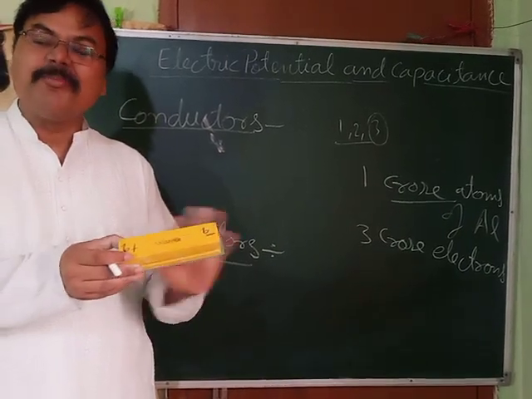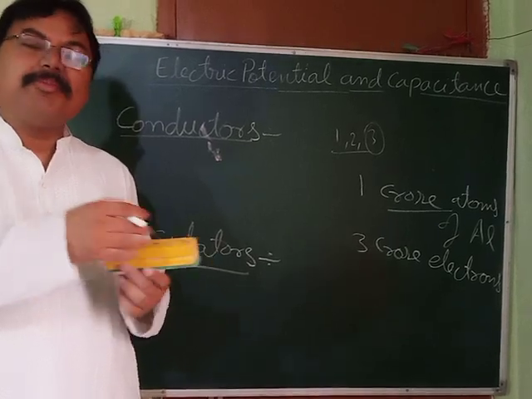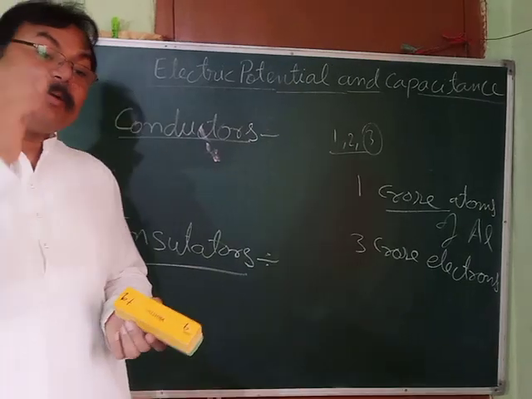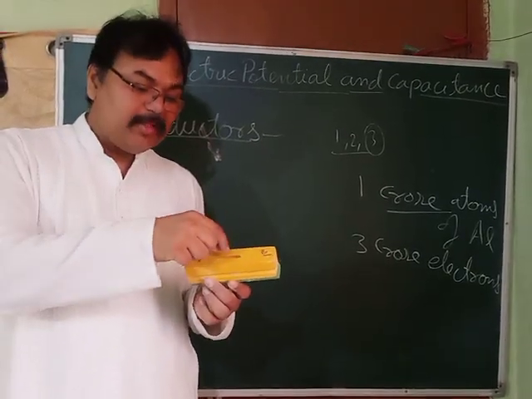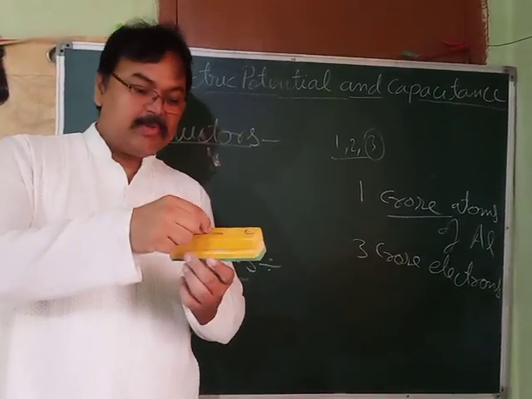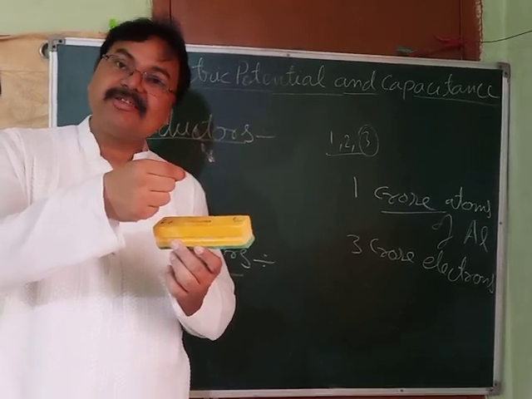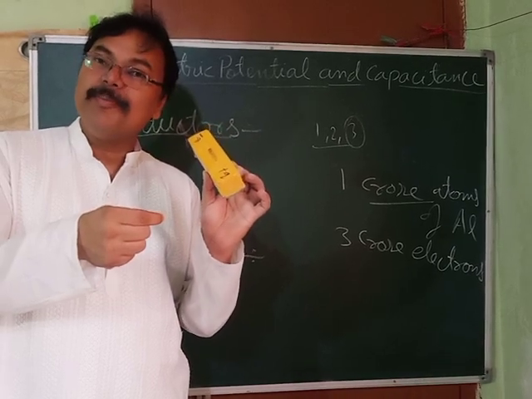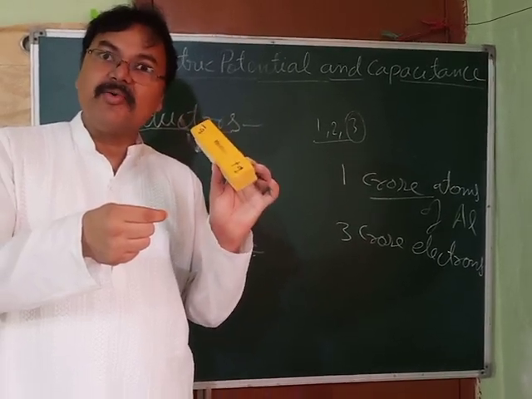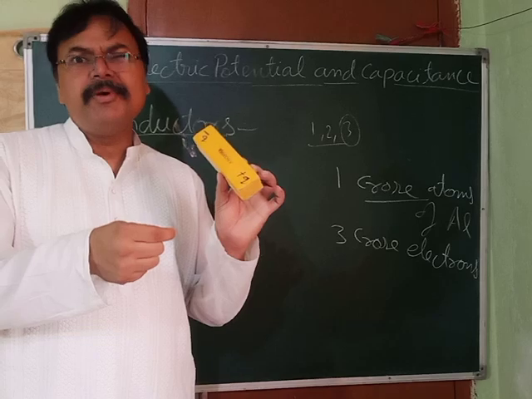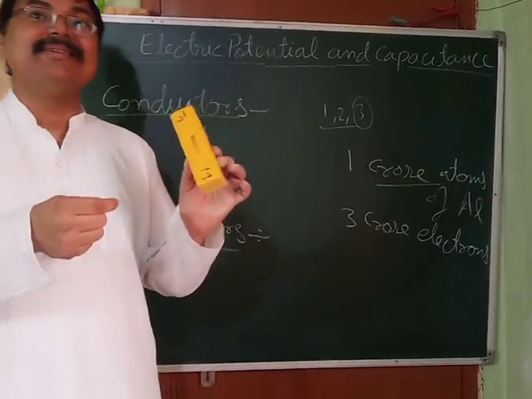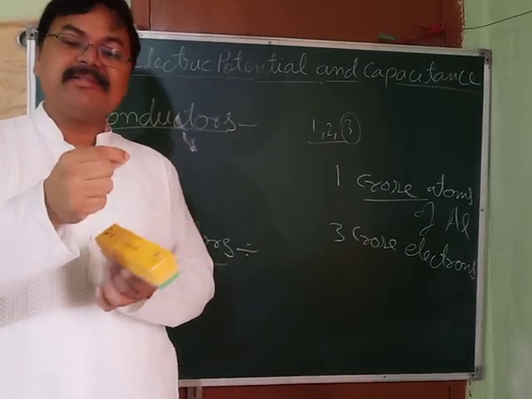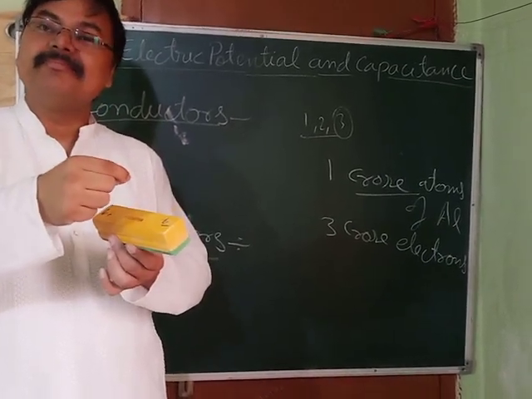So electrons can roam. You might be thinking, if they are roaming here and there, why don't they come out? Very nice. Let's see what will happen. Suppose 1 electron which was roaming just came out. As soon as it comes out of the surface, this piece of metal has lost 1 electron. What will happen if it loses an electron? It will become positively charged, yes. And what is the charge of this electron? Negative.